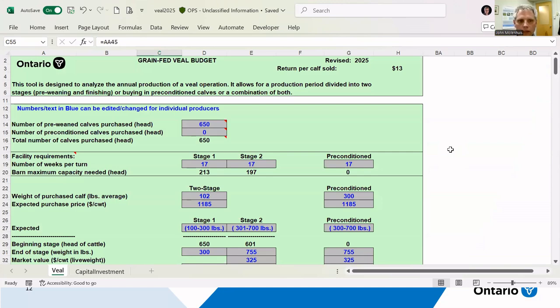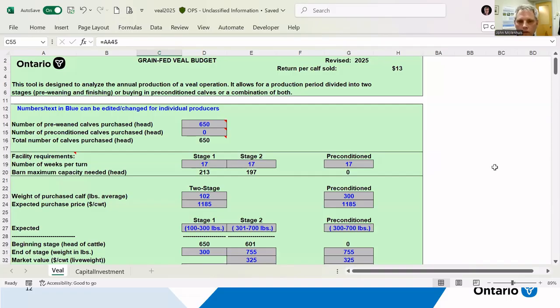So we took the average costs and the average market prices for 2025, and we based it, especially on the livestock purchases and the market prices and the feed rations, on the RMP model, which was very close to what we had in the past as well. But we're still using that 650 head operation, and it still has the ability of doing two different production systems, like a two-stage production, or if you're buying in preconditioned,